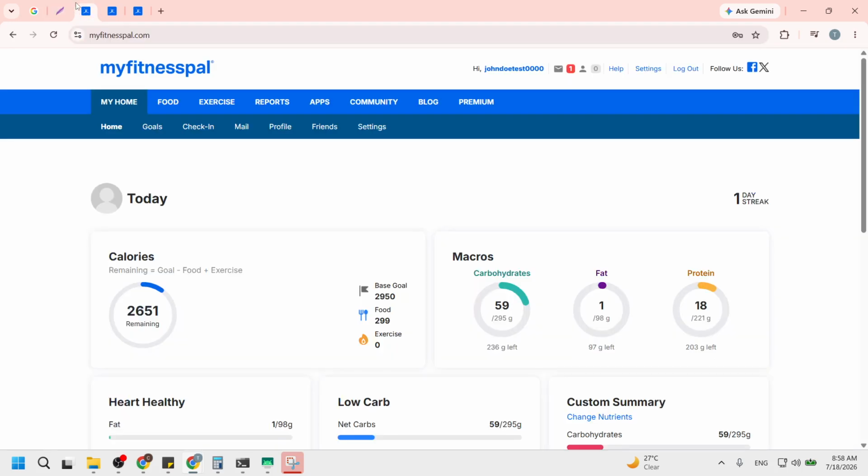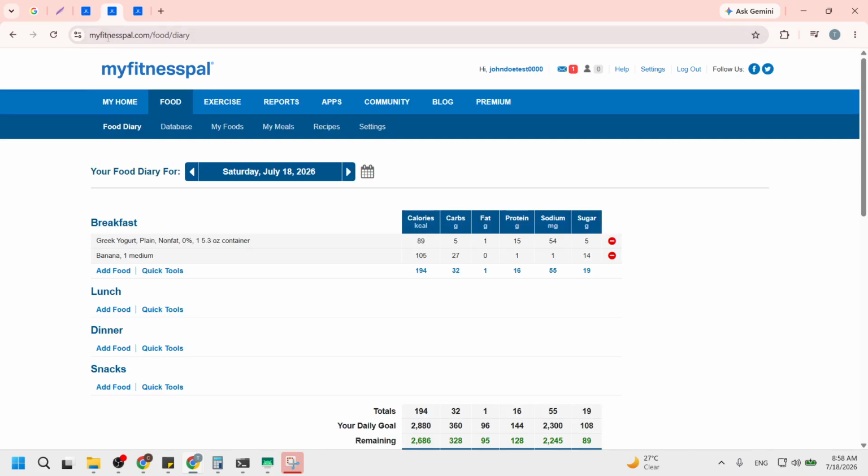intake and workouts. Now that you are logged in, direct your attention to the main navigation menu at the top of the screen. Here you will find several tabs including food, exercise, and more. Click on the main food tab. This is where all your dietary logs are stored. By accessing this tab, you will be able to view your food diary, which is crucial for tracking your nutrition. It brings all your entries front and center, making it easy to manage your dietary habits.